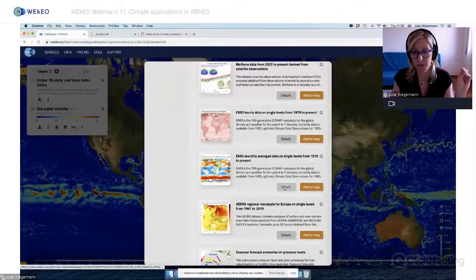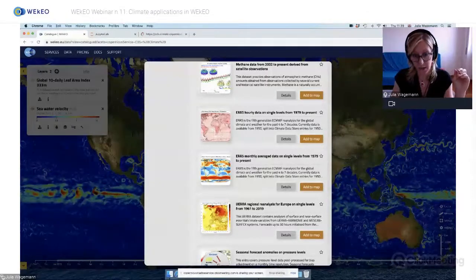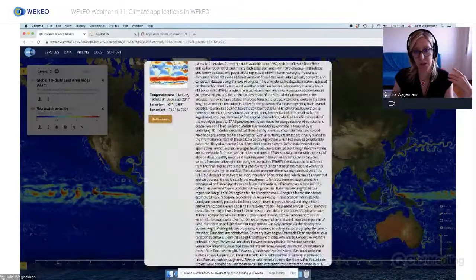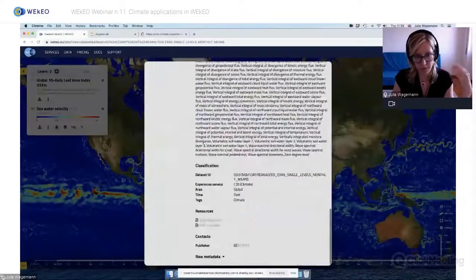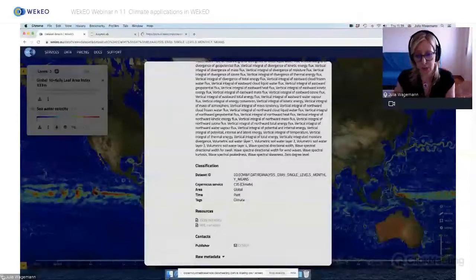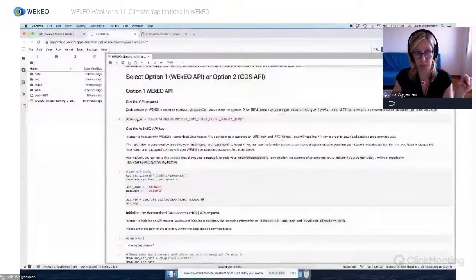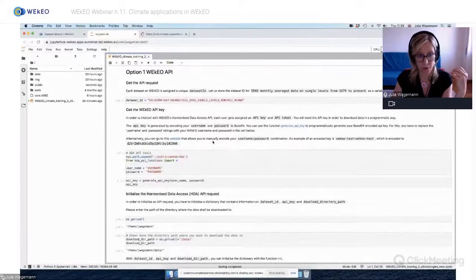And so if you expand here, you get more details. If we open this, you get some more information, but at the same time, you can see here the information we need for accessing the data. And this is the dataset ID, which we also have defined here in the Jupyter Lab. And so we have the dataset ID, and the next step is then to get the WEkEO API key,